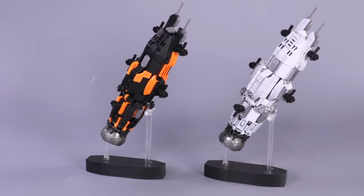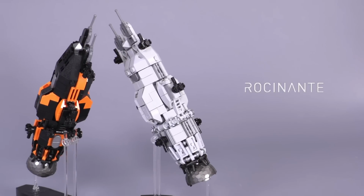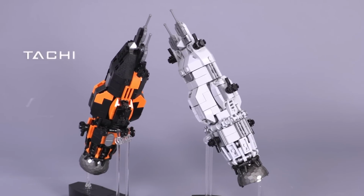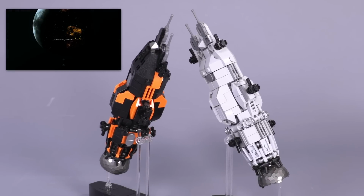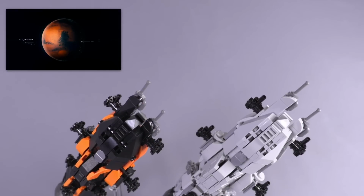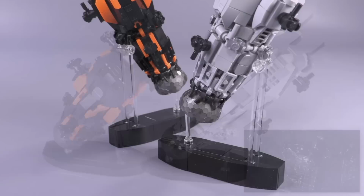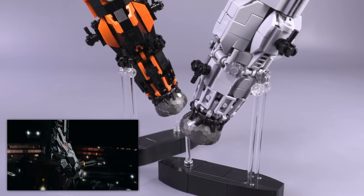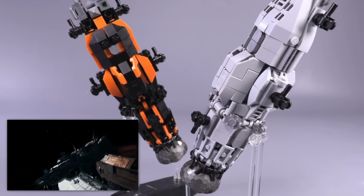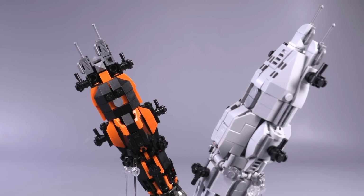In front of us, we've got, well, two different versions of the same ship. From the Expanse, here is the Rocinante in gray and the Tachi in the original MCRN black and orange. It's the 24th century, humans have spread throughout the solar system, and I'm not going to explain the story of the show, but what we're looking at is the legitimately salvaged Corvette class frigate from the Mars Congressional Navy. The main characters find themselves both on the run and in pursuit of those that would like to start a war between the larger powers, and the aptly named Rocinante is their trustworthy steed that ultimately gets them to their